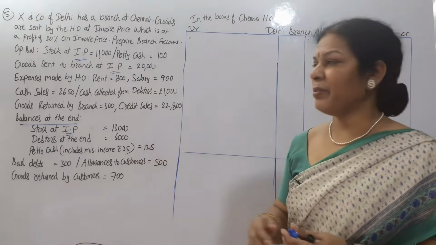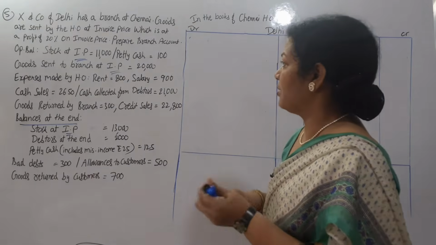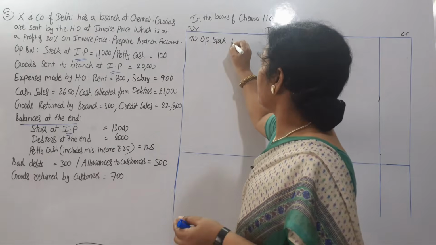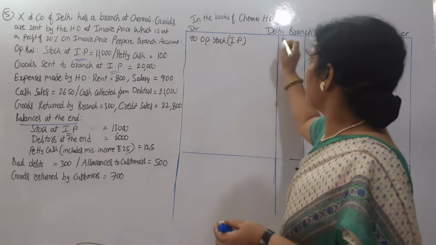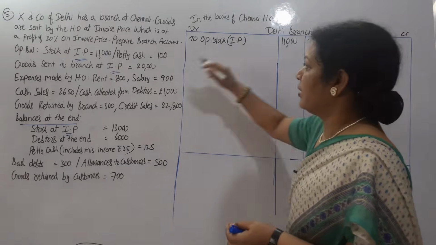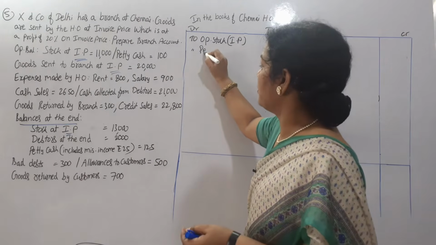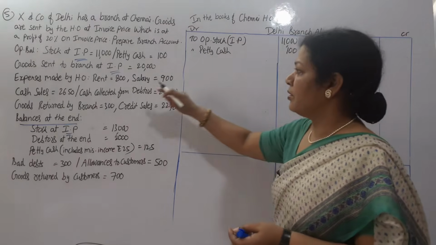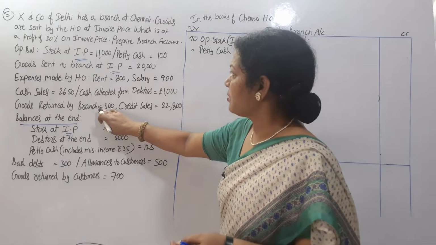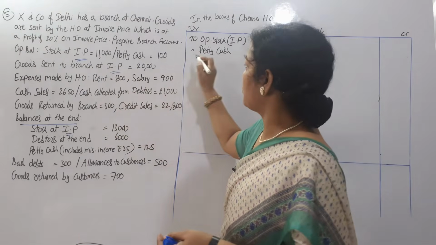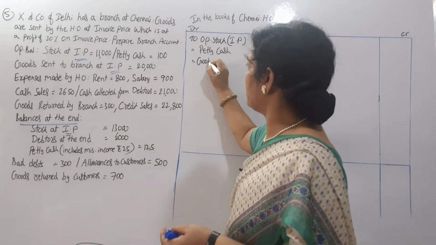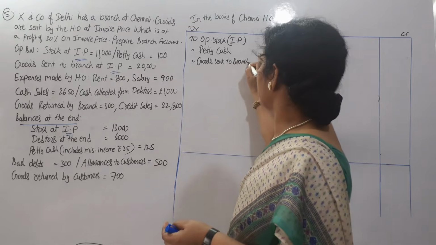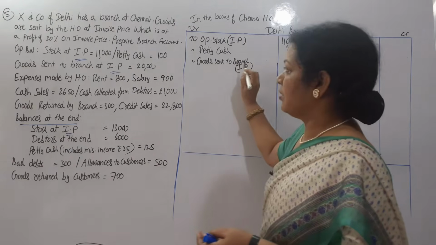First we'll write all the balances. Opening balance of stock, opening stock. So I'll say to opening stock at invoice price, okay. This is 11,000 and also petty cash. Petty cash 100 and goods sent to branch, is there any returns? Yes, goods returns are also there, 300. So goods sent to branch, this is also invoice price, 20,000